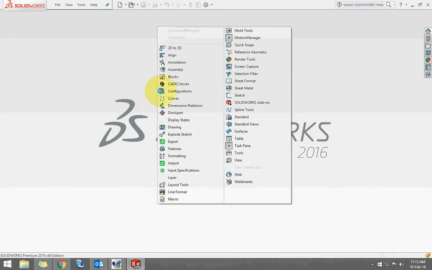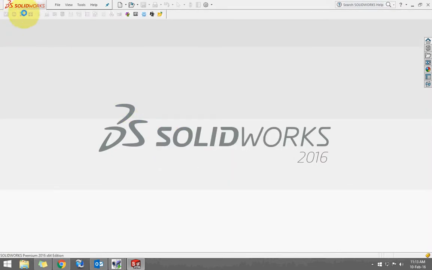Now we will just right click here. You can see that Cadec Works is available here. You just click on this one. This Cadec icons bar is available now. For browsing or creating a new product class, we will just click on this product class icon. It will ask you to select product class.